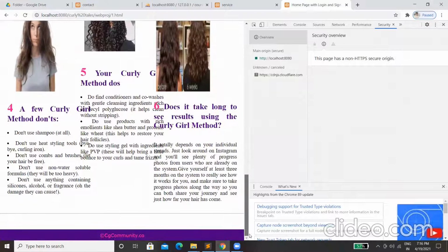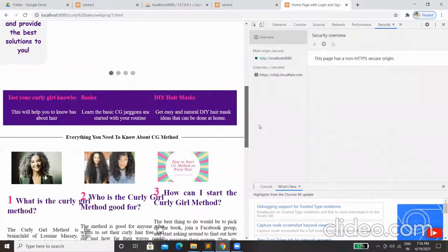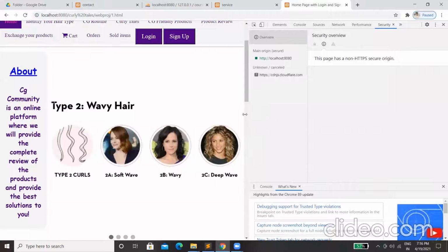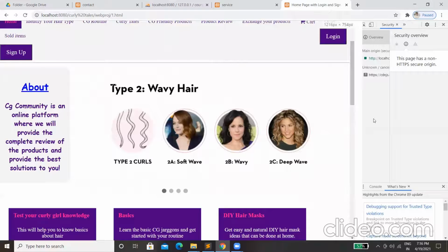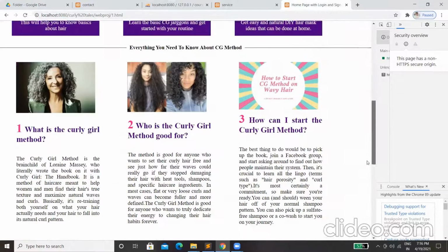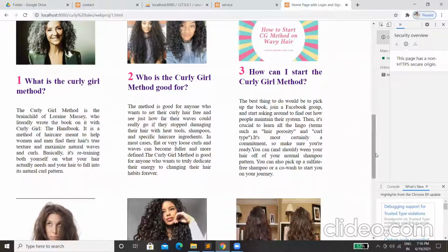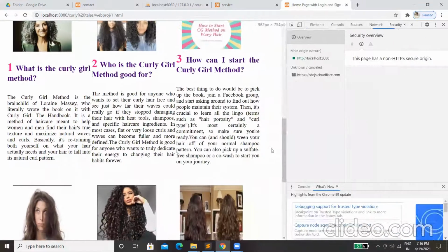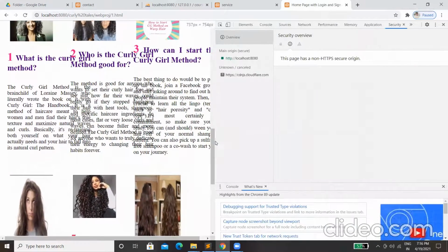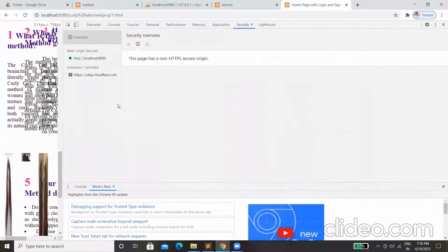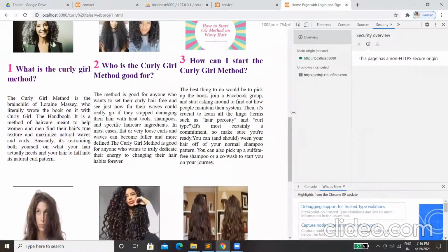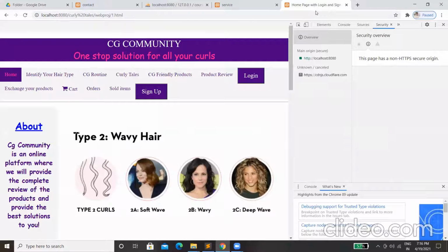It is not aligned, and the content is not according to the display of the device's screen. When you shrink the size of the screen, as it goes to another device screen, the content is not aligned.